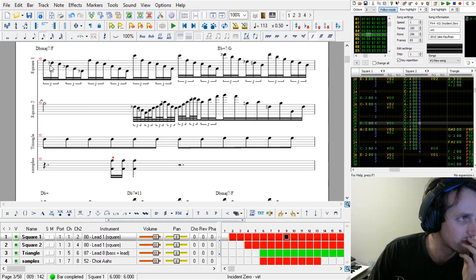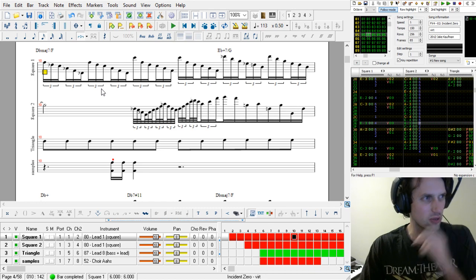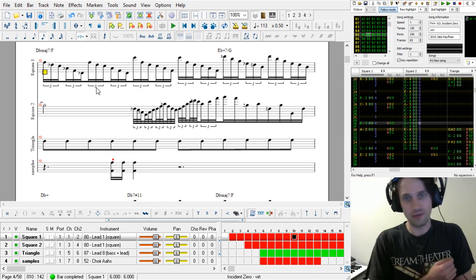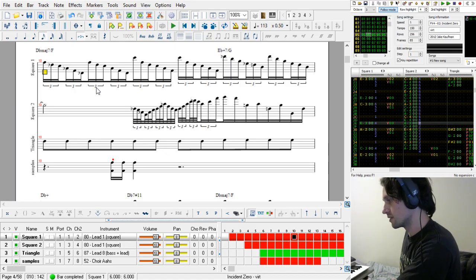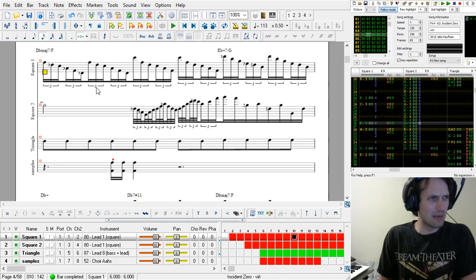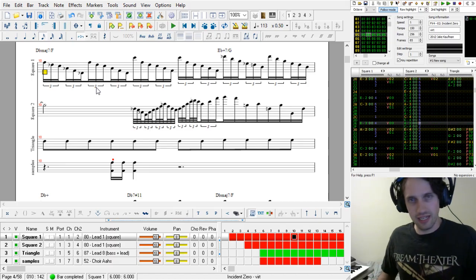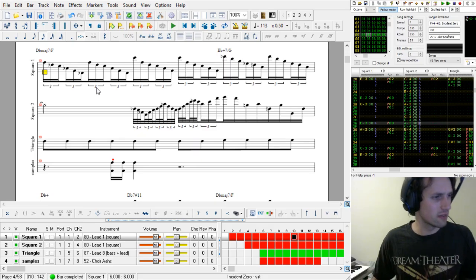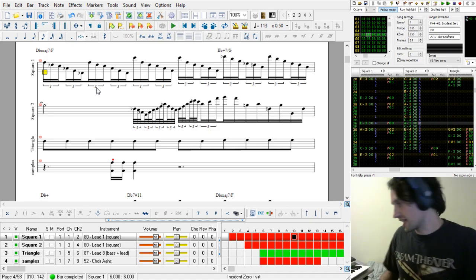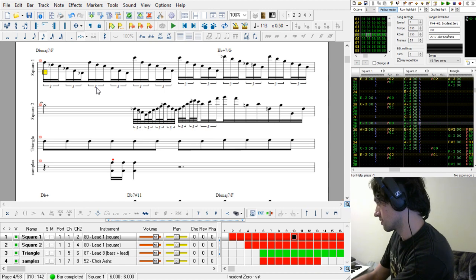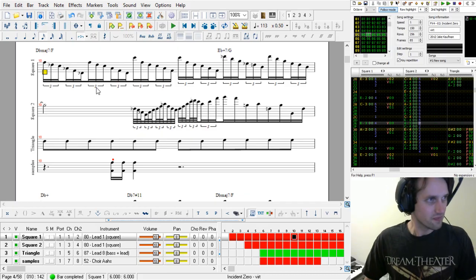And now we go into this very StarTropics sounding section. This sounds very whole tone scale-ish, and StarTropics uses the whole tone scale a lot. The bass line just sticks to these three notes for a long time, and it does that in a way that sort of overlaps the 6/4 meter. And also we come out of this part very sneakily switching from 6/4 to 4/4 meter. But yeah, that bass line kind of outlines a whole tone scale like this. Should probably play down there. But yeah.